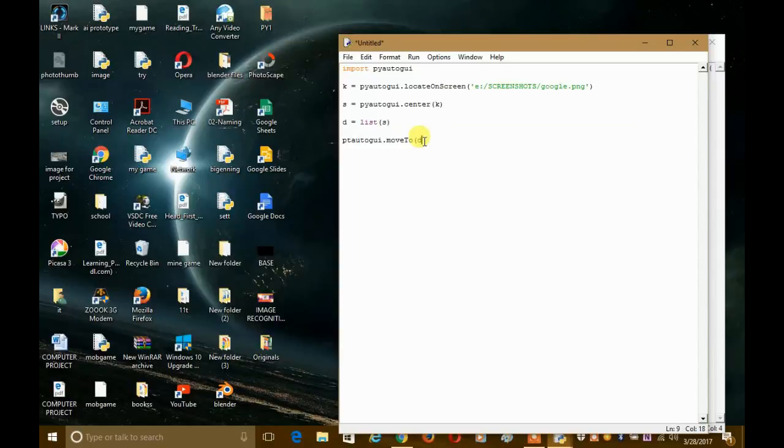So what we will do is we will write this code. The zero specifies the first element's position in the list, and the one in the brackets will specify the position of the second element in the list of center coordinates. So now our mouse will go to this image, but it will be so fast if I don't put any duration. So I will put here a duration of about, let's say, 2 seconds. 2 seconds will be enough, right?